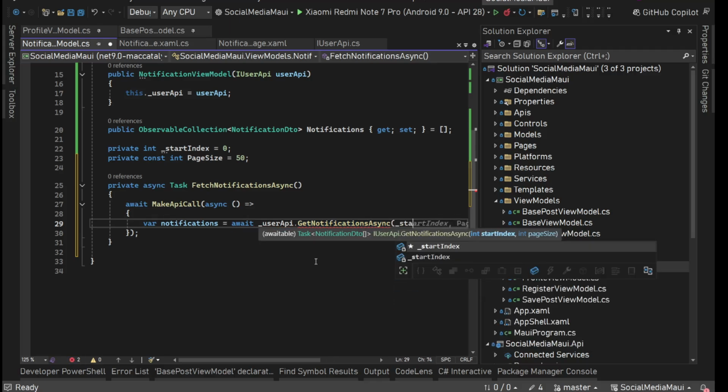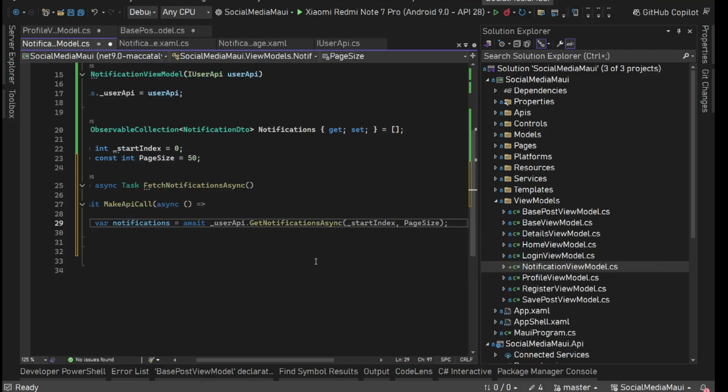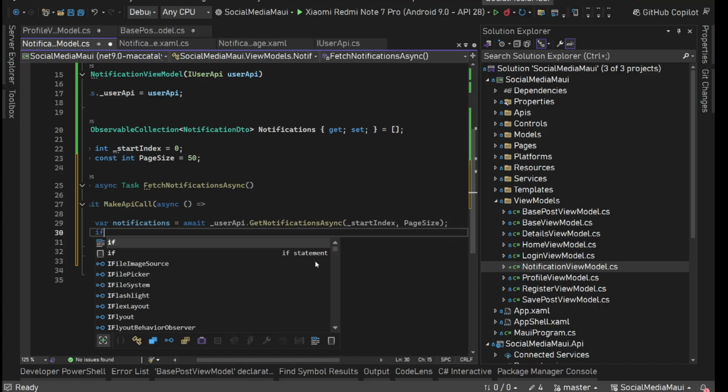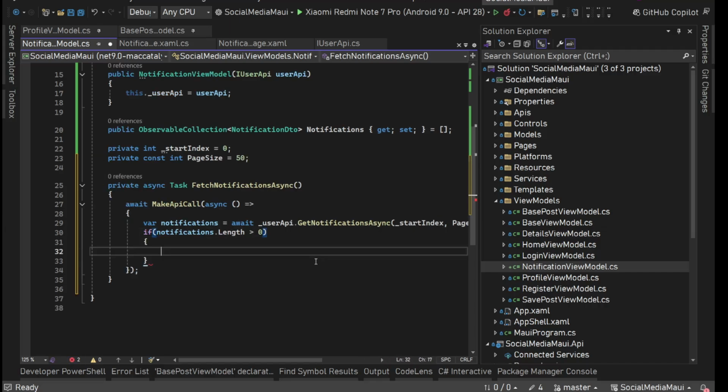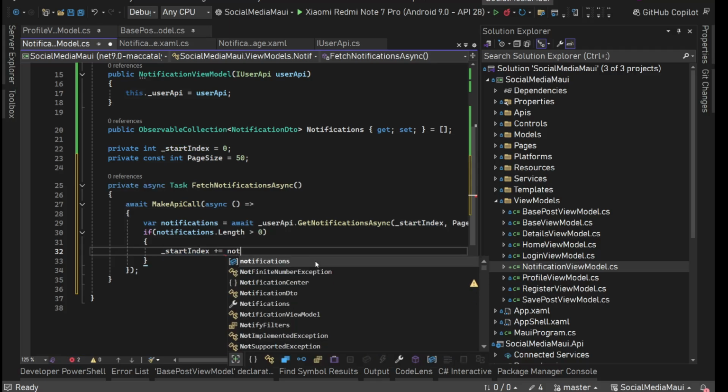We need to provide our startIndex and pageSize. Then we'll quickly check if this notifications.Length is greater than 0. Then first thing we'll set startIndex plus equals notifications.Length,